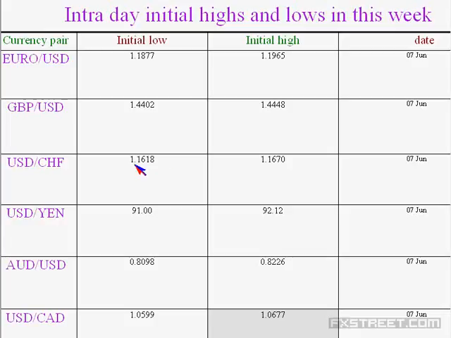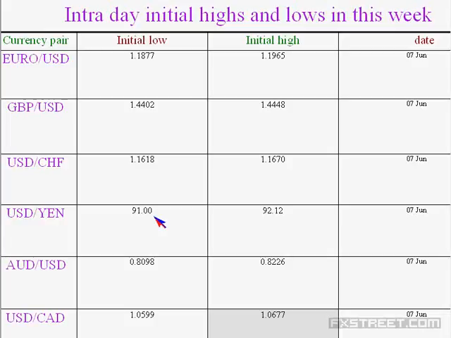Then in the case of USD CHF, 1.1618 is intact. The market is currently trading around 1.1633, and 1.1670 was the initial high. They formed a new high 1.1672 and then subsequently made the drop. So now you find the net change is 15 pips. When Euro has made about 33 pips negative net change, CHF is showing only 15 pips positive net change. So you can understand CHF has not gained that much corresponding to the Euro drop because they want to hold it at a lower level and then subsequently gain the levels.